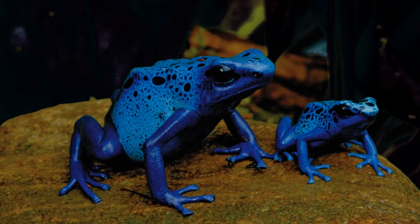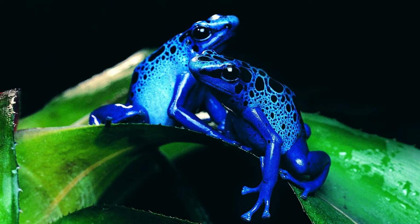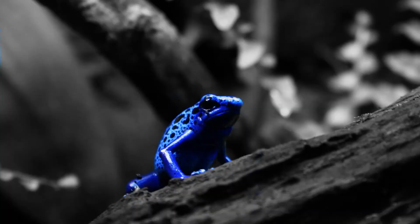It has a striking blue skin, which is a warning to its predators that it is dangerous. The skin is covered with glands that produce strong toxins. It is only about 5 centimeters in length. It is mostly terrestrial, but is often found by a stream or a pond where the environment is dark and